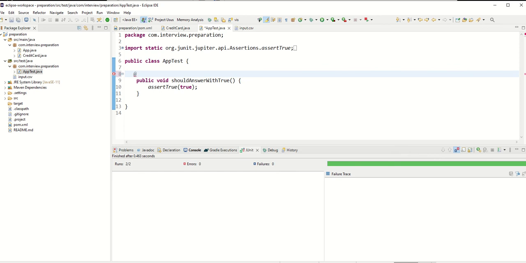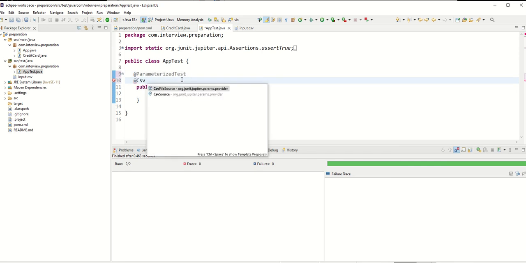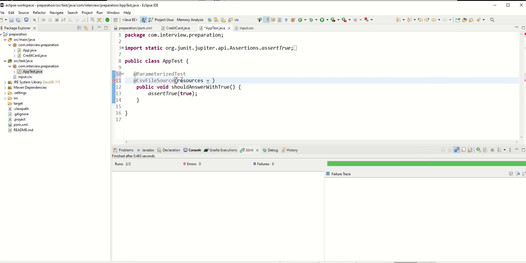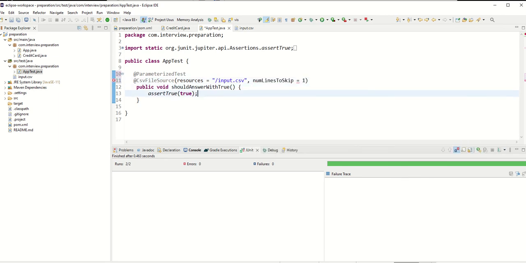So if you go back to your logic of pulling the data, where you are parameterizing the method, the test is also parameterized and the input is from the CSV file source, where you are defining your resources from an input file, input.csv, and you want to skip the first line because you have included that as a heading. So inside this file, you have an expected value and you also have a given value,